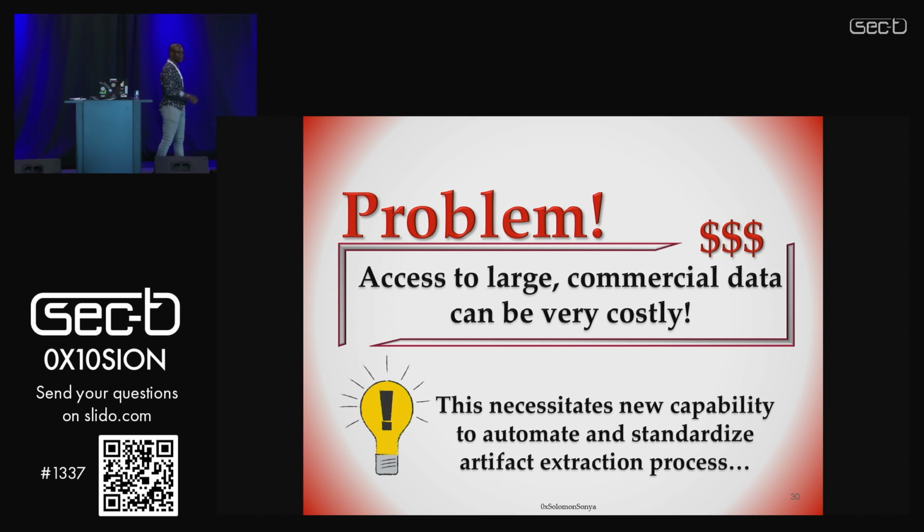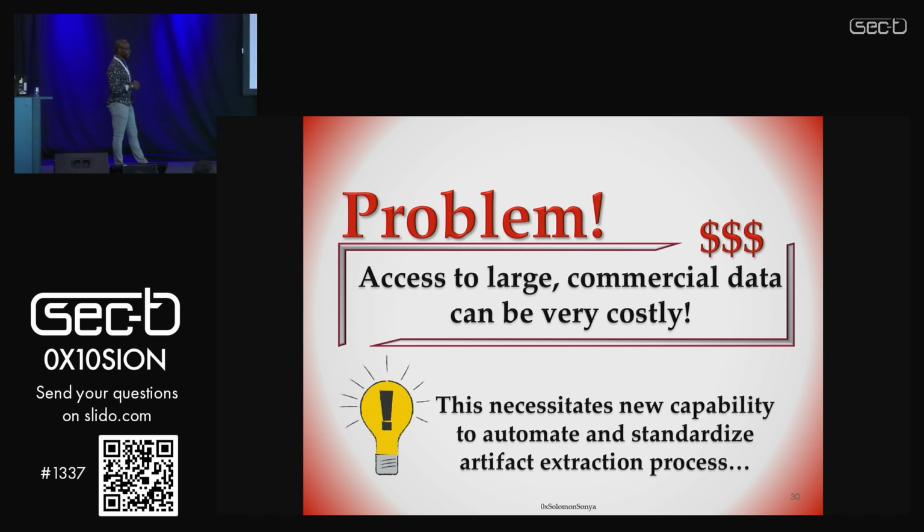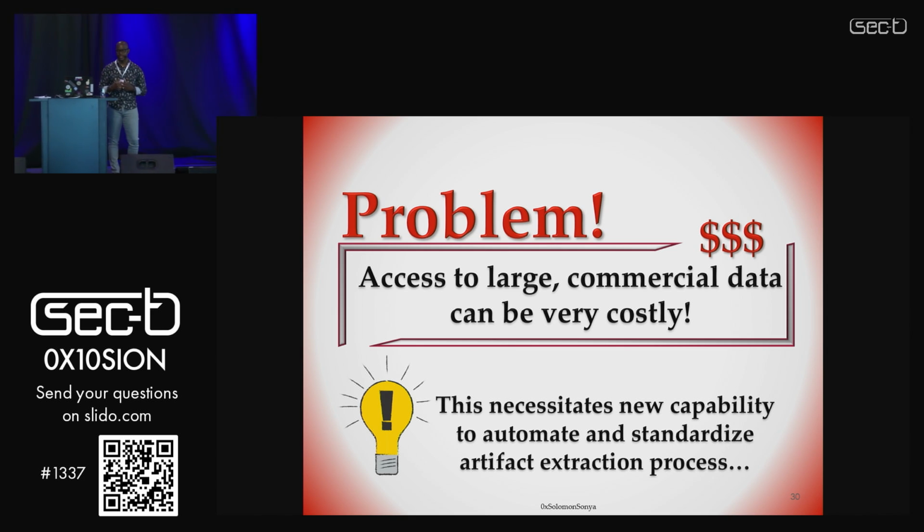Here is the problem with using a tool like VirusTotal for your feature extraction: access to large, commercially available data is generally expensive. How expensive? In our lab, we have terabytes of malware, thousands and thousands of unique malware samples. I reached out to VirusTotal and said I really just want your antivirus detections so I can use them as ground truth.